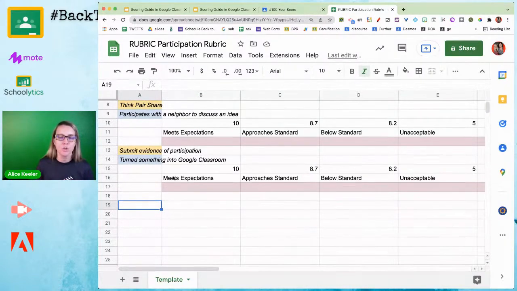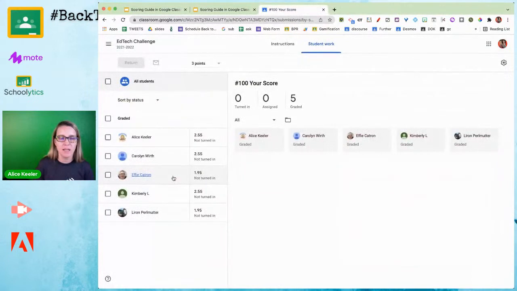So what do I have to do to get this into Google Classroom? I close it. It's very disturbing. Like, wait, what? You just close it. It's saved in Drive. It's ready to use, and you can use it as many times as you want. So I create this participation guide. I create this scoring guide for when we do any kind of participation activity, and I can just add that into any assignment anytime right from that rubric folder.